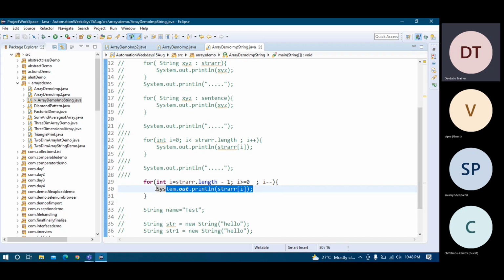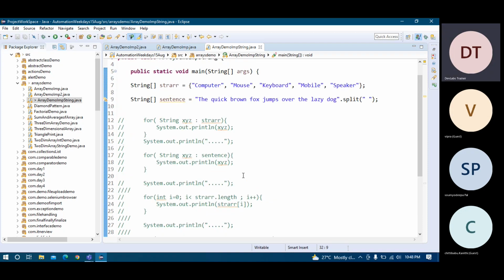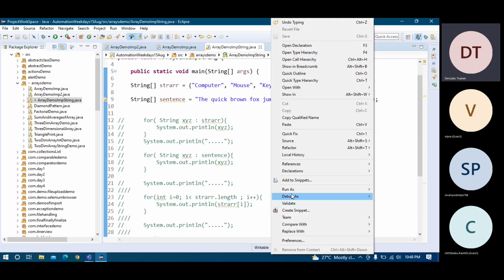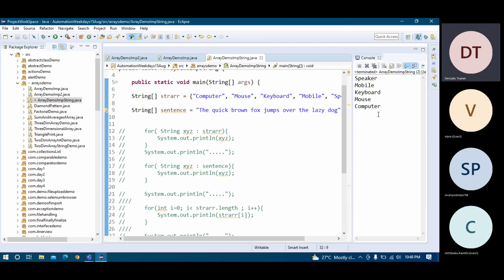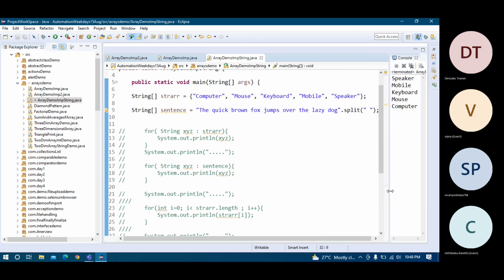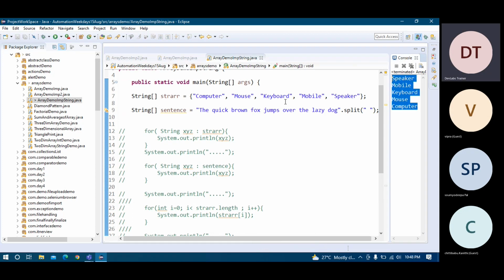Printing work is simple. You can use the array name and the index position, and then you just run this program and see the output, if it is in the reverse order or not. So I have found it in the reverse order, you can see here: speaker, mobile, keyboard, mouse and computer.